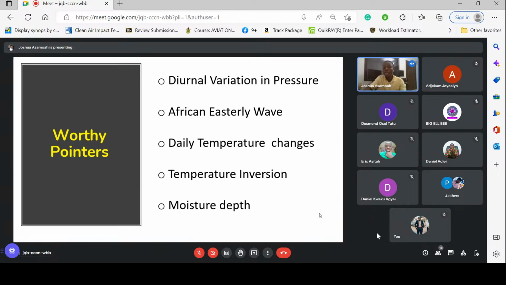For instance, pressures actually start rising in the morning. So by 10 a.m. to 11,